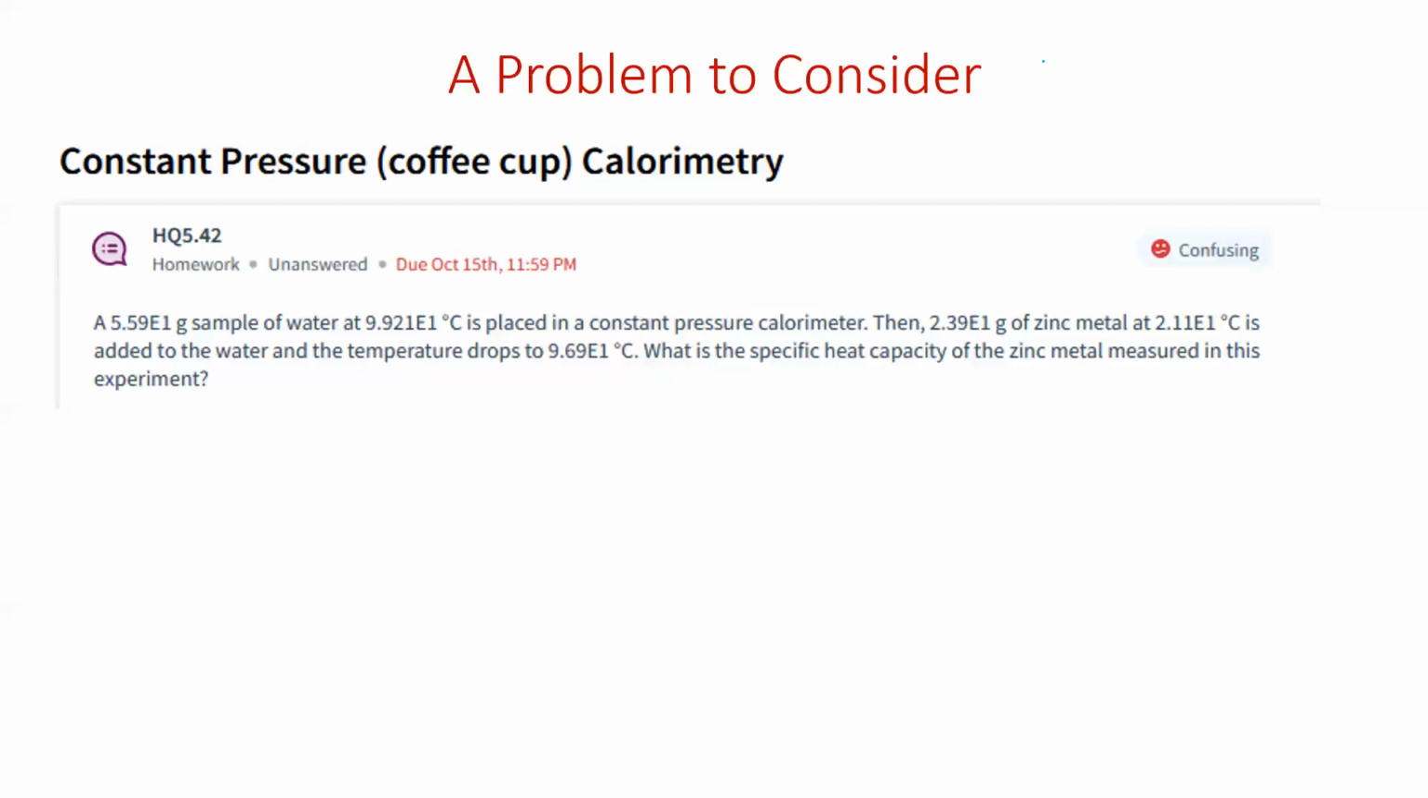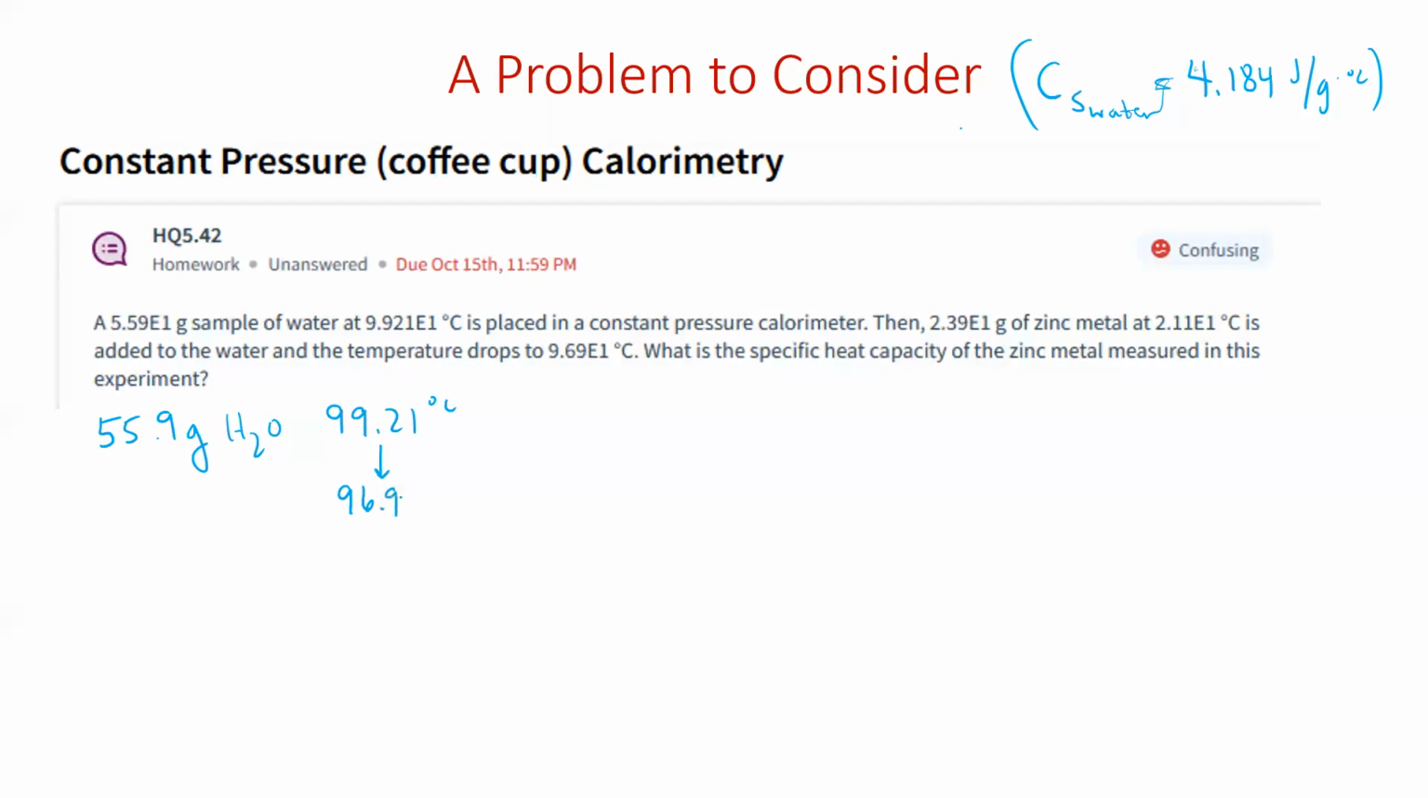A few pieces of information that we need: the specific heat of water is 4.184 joules per gram degrees Celsius. And you've got two things that are happening. I've got 55.9 grams of water, and that water goes from 99.21 degrees Celsius and drops down to 96.9